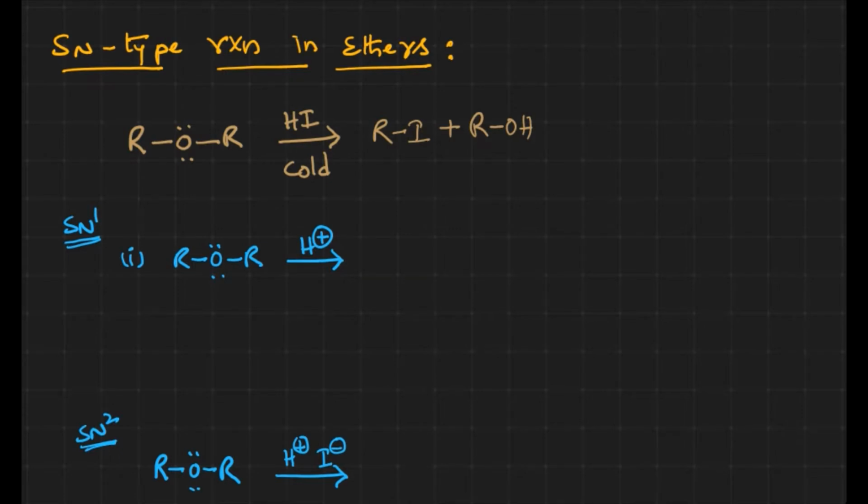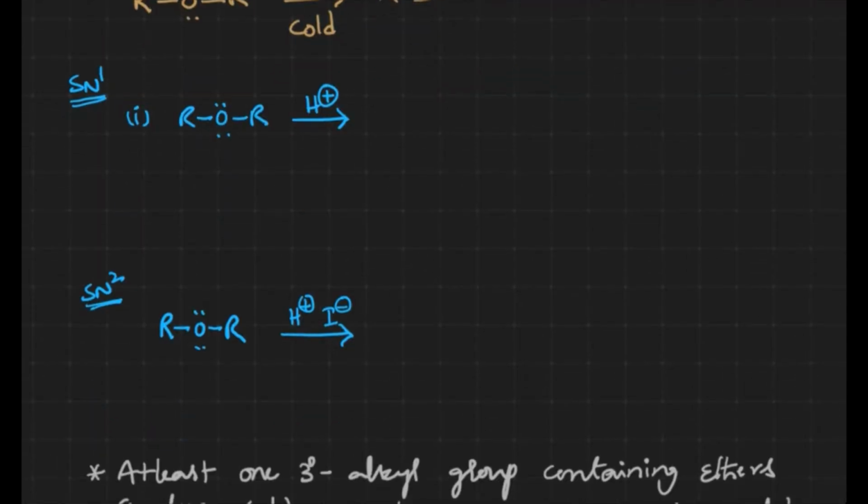Generally nucleophilic substitution reactions majorly happen in two ways. One is the SN1 reaction, another is the SN2 reaction. Let us see how the SN1 reaction takes place in general. When the lone pair of oxygen attacks the proton, what happens? R-O(+)-H-R, oxygen with a positive charge, is generated. Oxygen with a positive charge is likely to be unstable. That's why elimination of this part takes place, and generation of a carbocation takes place. This is the RDS. In the rate determining step, generation of carbocation is taking place.